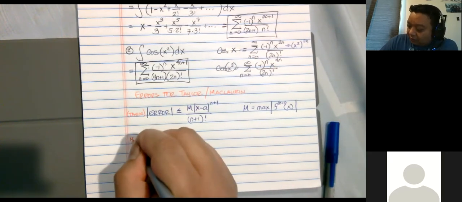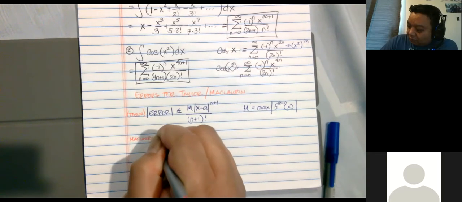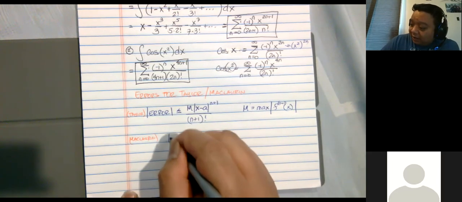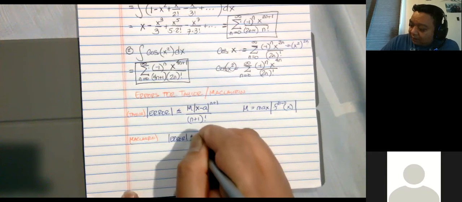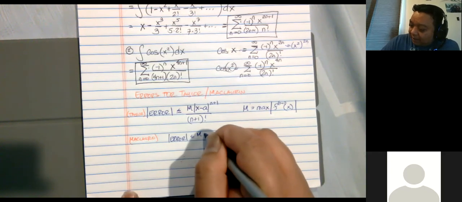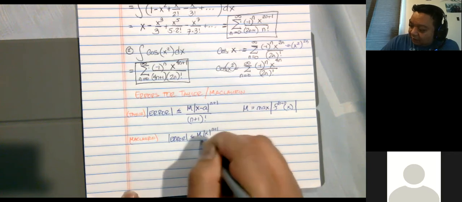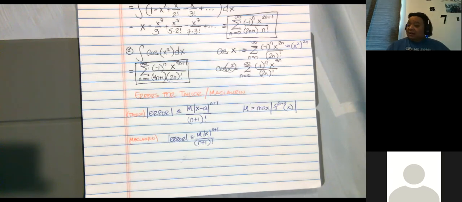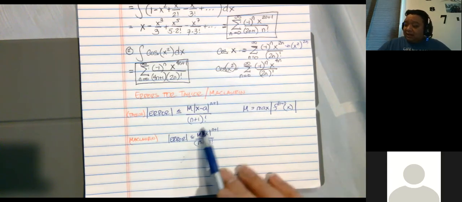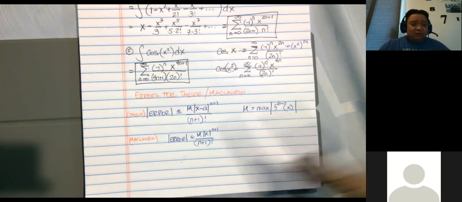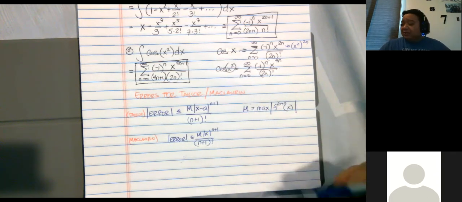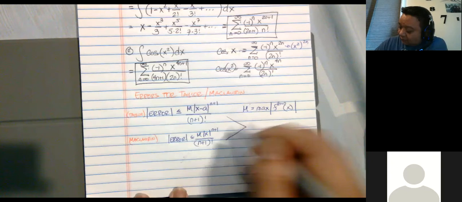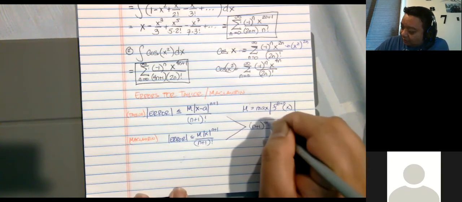The Maclaurin version is essentially the same thing, it's just that the a would be 0, so the error is less than or equal to M times x to the n plus 1 over n plus 1 factorial. And so now, if you put this in for your M and look at this in terms of your power series, basically these are essentially the n plus 1th term